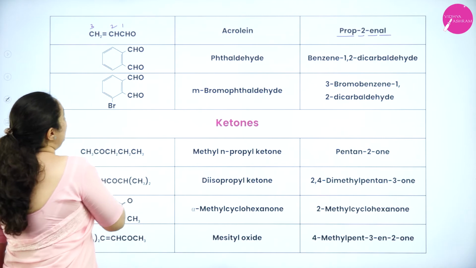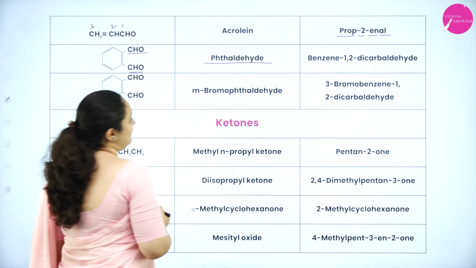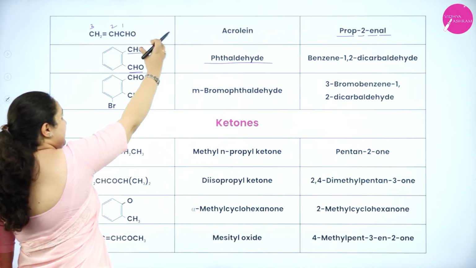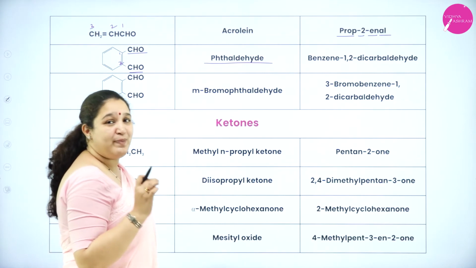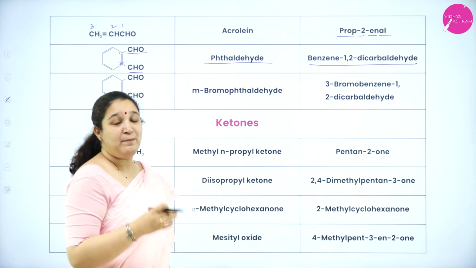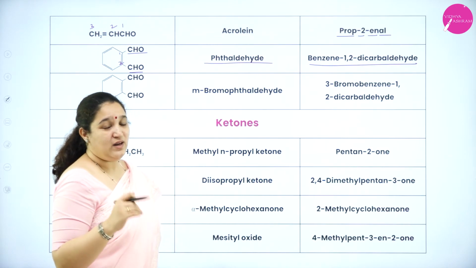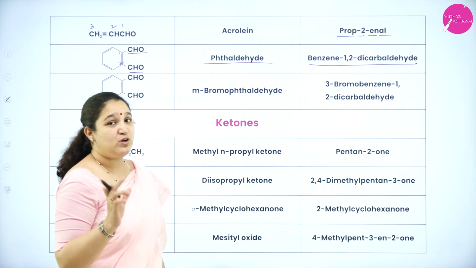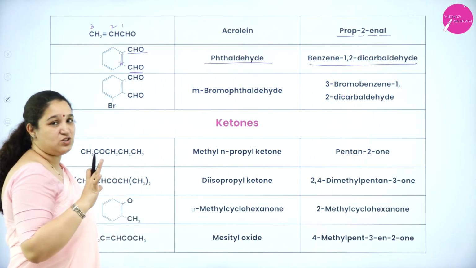Okay. Here it is benzene ring with 2 CHO groups, that is phthalaldehyde, common name. IUPAC name is, you are not numbering these two. Benzene ring 2 are attached. So you write it as, this is the first carbon atom, second carbon atom. So benzene 1, 2 dicarbaldehyde. Whenever you don't number the carbon atom of the CHO group, remember you have to use the suffix carbaldehyde, especially in the ring structure. Okay.